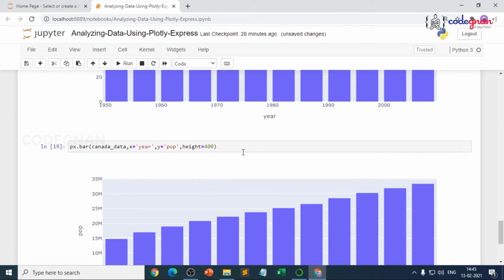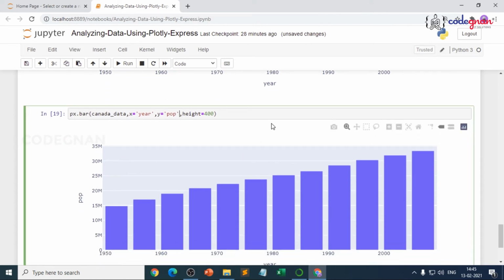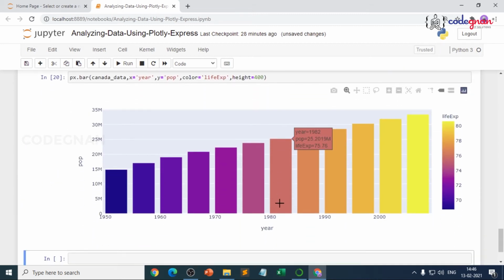All right. So here I can add another variable. Let's say I want to see the life expectancy over the years as the population increases. So here I'll just give color equals to, we'll just give this as lifeExp, that is life expectancy. And now let's run this. So here, as you can see, you have the life expectancy over the years,